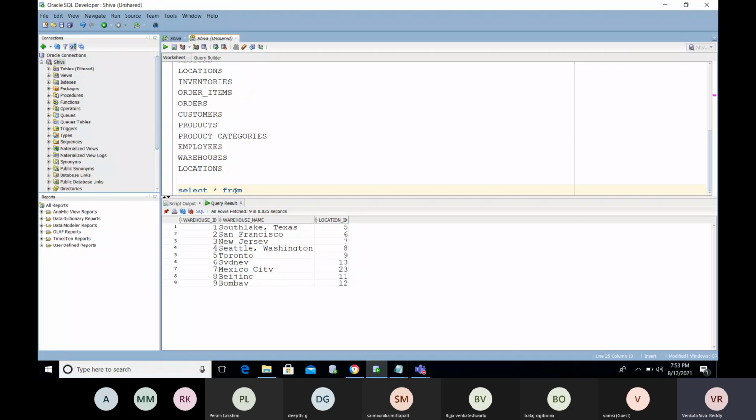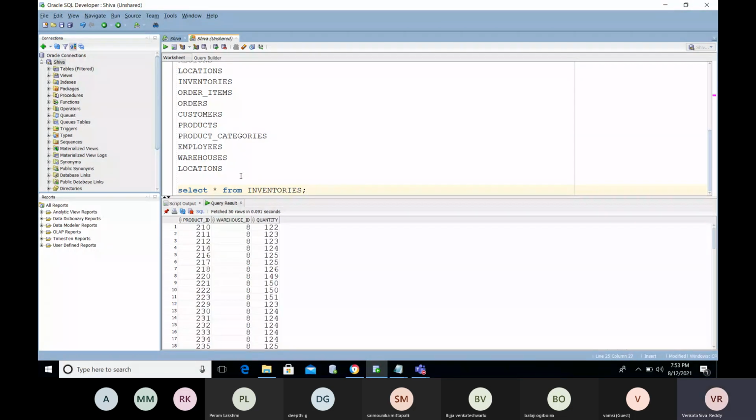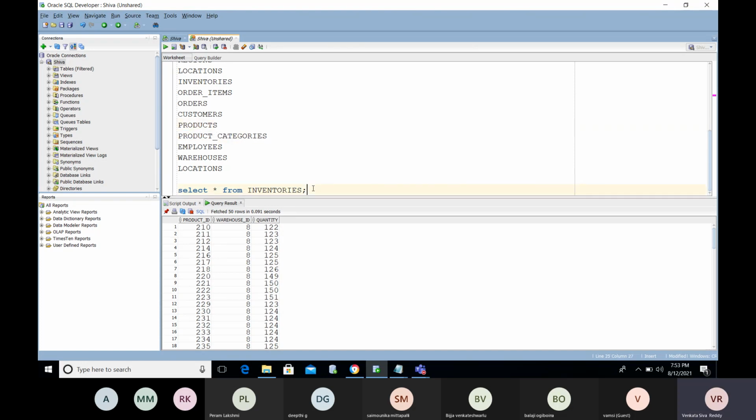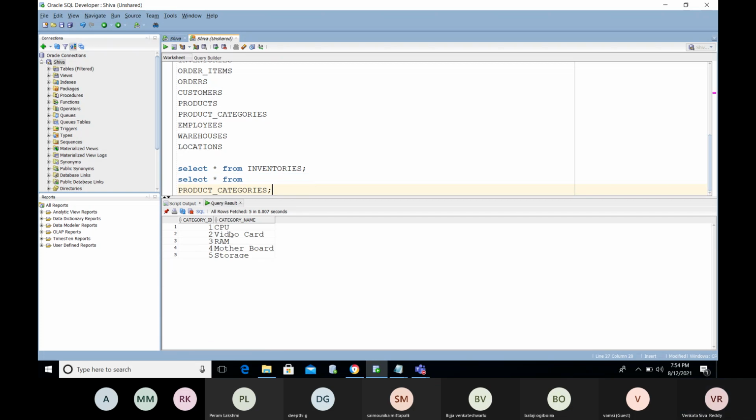In the inventory table, you will get the product ID and warehouse ID. The product ID contains the product information, what information is available and how much quantity we have. These things you can identify with the category table.